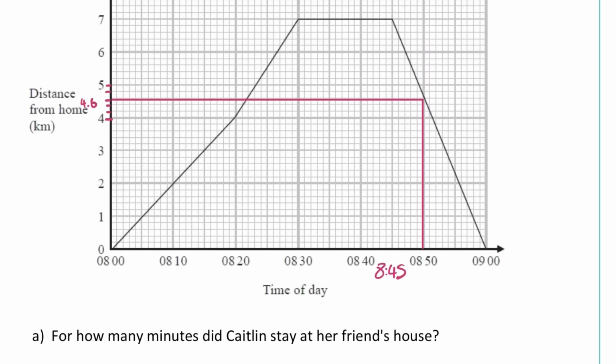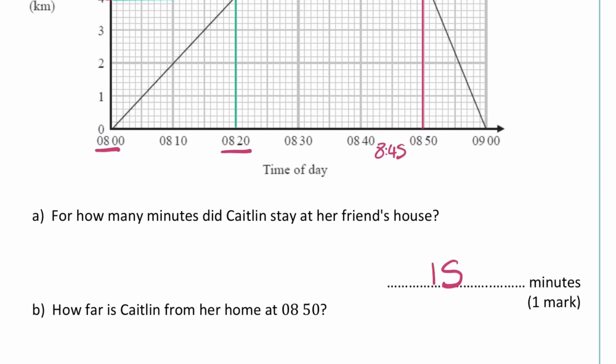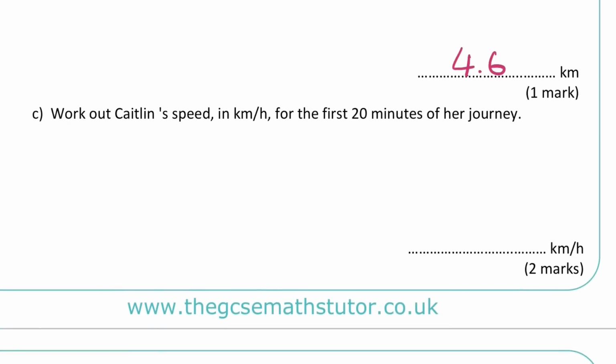Well, let's have a look. So for the first 20 minutes, that gets us from 8 o'clock to 8:20. So if I go up and let's just see where we are at 20 minutes. So in 20 minutes, she is 4 kilometres away from her home. So that is the distance she's gone in 20 minutes. So let's write that down just here. So we've gone 4 kilometres